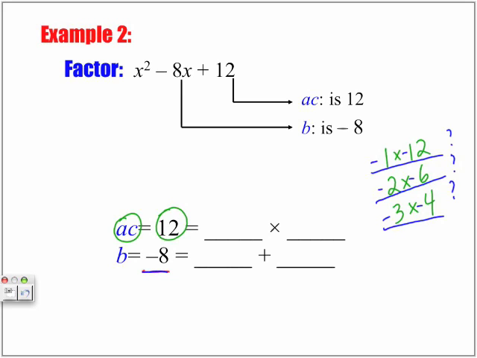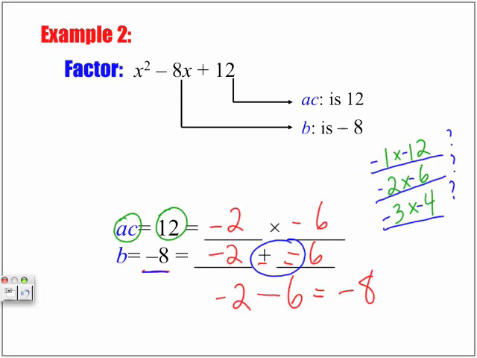If we can't find multiples that add up to our B value, then the expression is not possible to factor. So here, from our values, negative 2 and negative 6 give positive 12, and negative 2 plus a negative 6 becomes negative 2 minus 6, which gives me negative 8. Now, using that value,